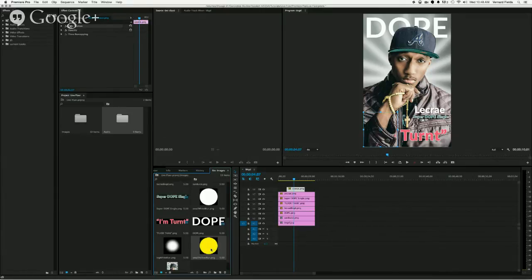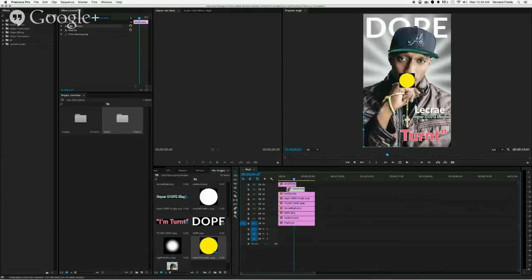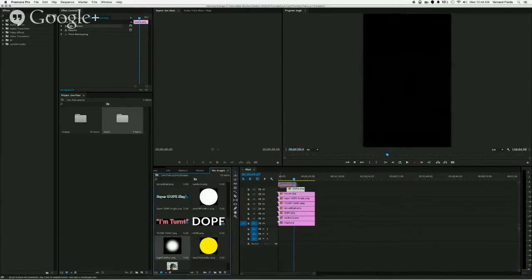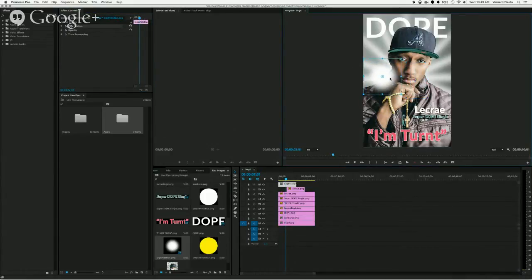All right, so now I'll take this small blur. Hold on, let's see, undo that. Let's go with this one. This white blur. The big white blur. Yeah. Take that and position that. Because what I'll wind up doing, for the sake of